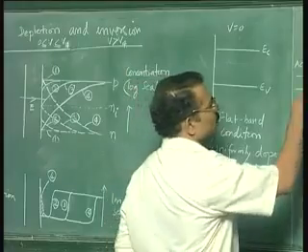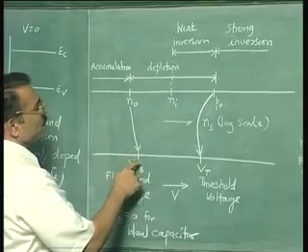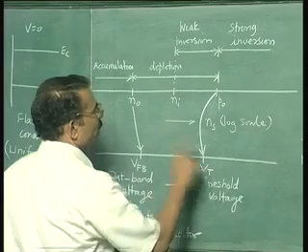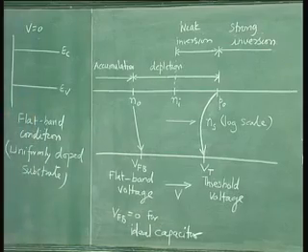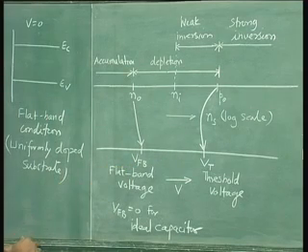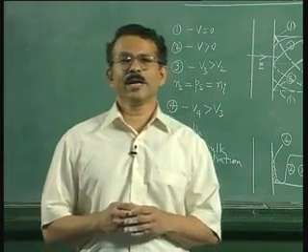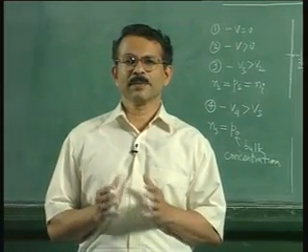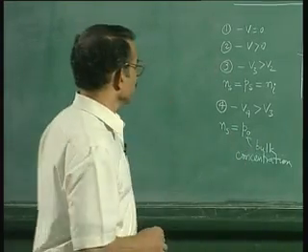So accumulation implies voltage less than VFB. From VFB to VT, this is the depletion region, and for gate voltage beyond VT, you have the inversion region. Now we need to find out what is this threshold voltage. We already know that the flat band voltage for an ideal capacitor is 0. Now for this purpose, we need to translate our hole and electron distributions in the semiconductor to charge and electric field conditions. So let us see how we can do that.